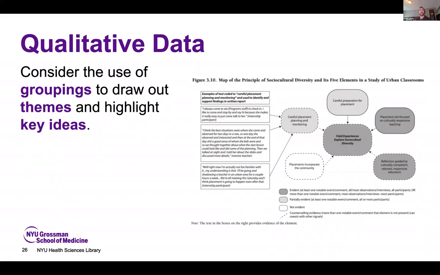So as you're going through and coding in your themes across the text that you're analyzing, it can be really helpful to say, okay, we've identified these key themes. Let's for example put these in large bubbles of text, and then perhaps even have pull quotes to really underscore those key ideas within our presentation.